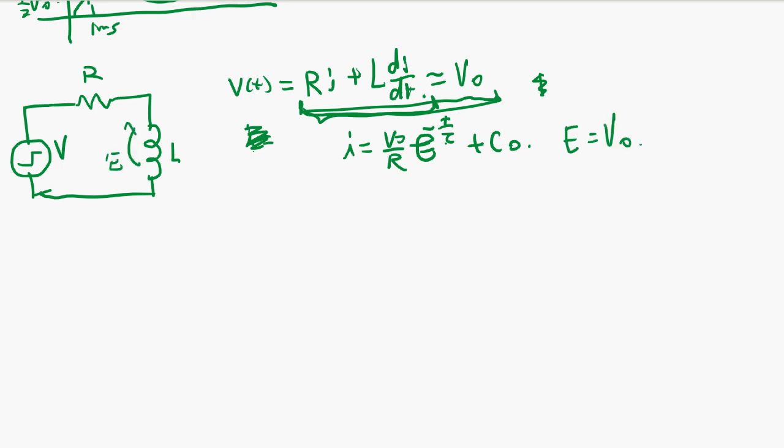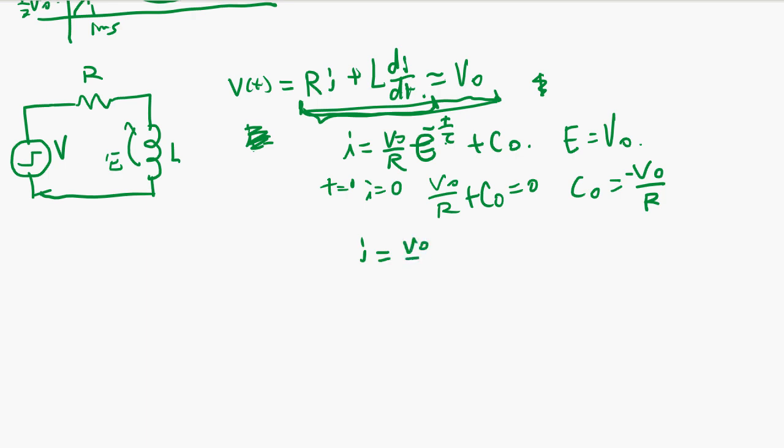I is 0, so T is 0, I is 0. That means V0 over R plus C0 equals 0. So C0 equals negative V0 over R. Okay, so we use this. I becomes V0 over R